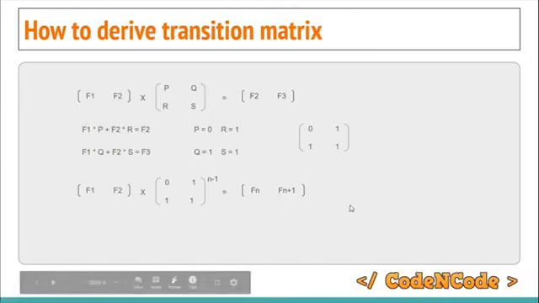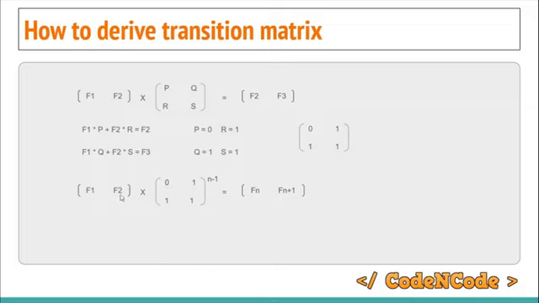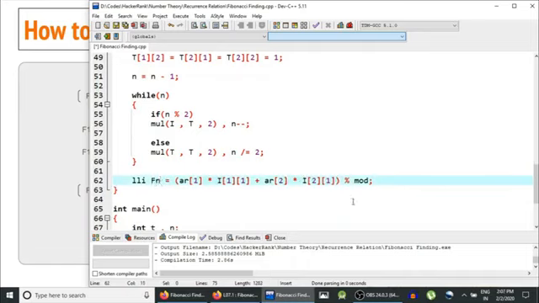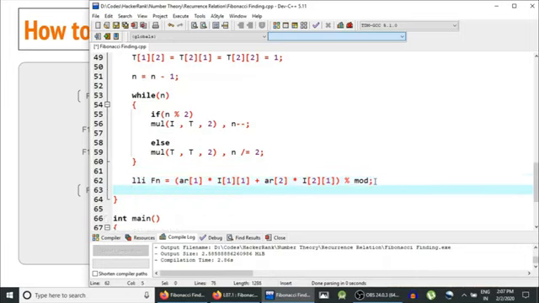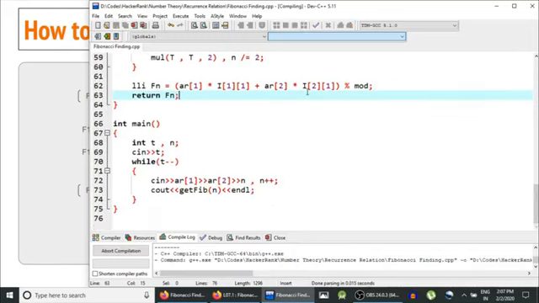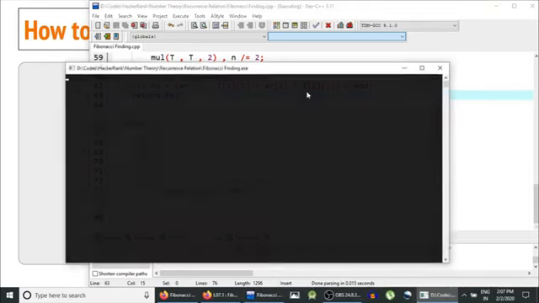To calculate the nth term, all we have to do is take f1 multiplied with I11 and f2 multiplied with I21, and then add both of them, and this would become the nth term, or basically you can write it as fn, and then we have to return the fn. This should work. I'm not always sure. Most of the time I just compile and get a bunch of errors. I hope, yeah,